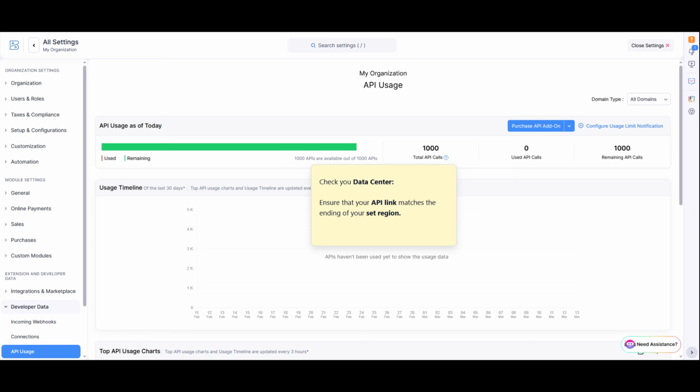URL structure. This is a very common mistake, especially for developers or those using specific bookmarks. Ensure your web link starts with the correct regional domain. For example, if you are located in Europe, your link must start with https://www.zohoapis.eu. If you are in the United States, it must be